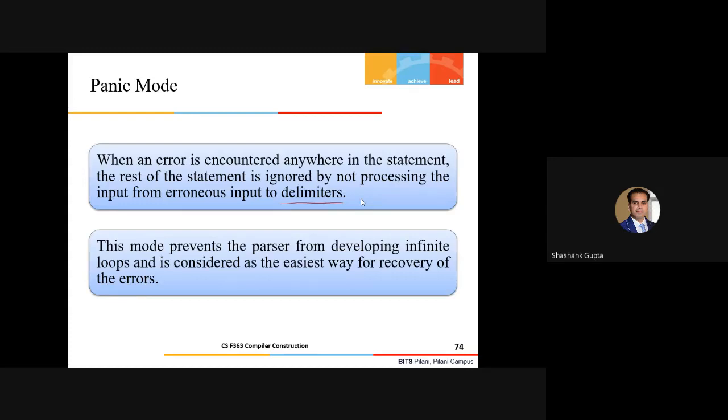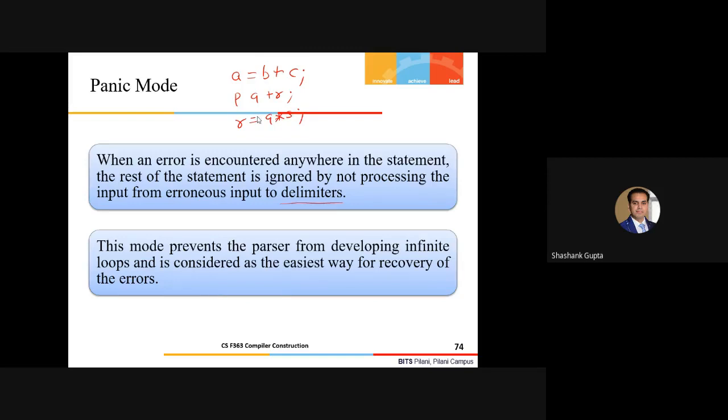Let's suppose I'm writing certain lines here. Let's suppose this is my one line, and another line is something like this: P, Q plus R, and again semicolon. And then we have some more lines, let's say Q times S, semicolon, and so on and so forth.